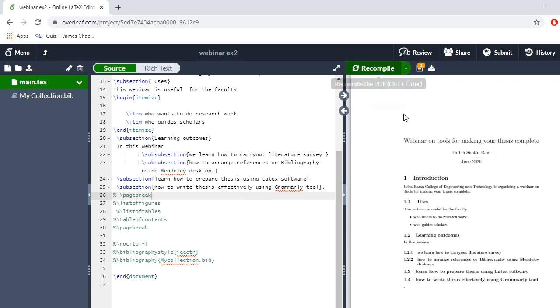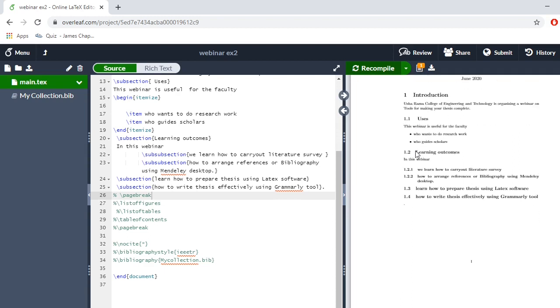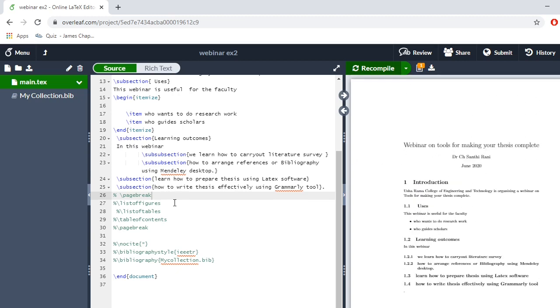Because I have already compiled for you to save our time, you can observe this. Now I am going to make some modifications. So right side, only this is the information you have, right? Now we want to include some figures. Earlier I have made them as comments. Now I have made it as a command. How do you write comments? By using this percentage symbol. If you want to write comments, you can just write comments. They are not affected and they will not appear on your thesis, on your document here right side.